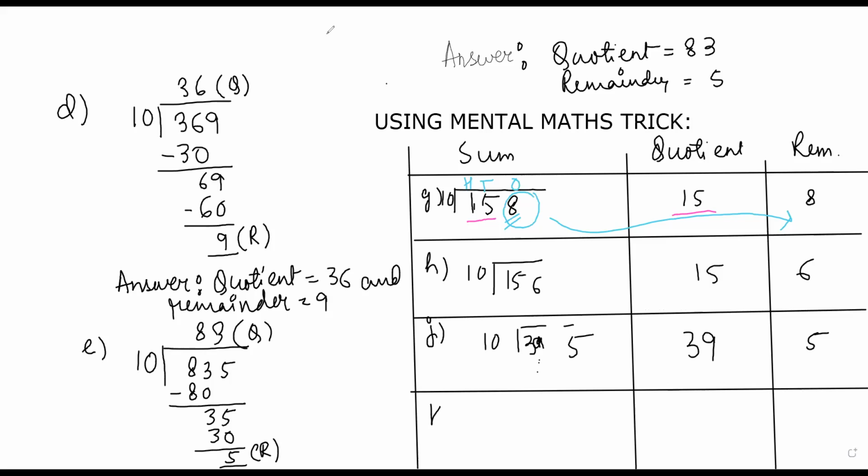And K, here you can see 10 divided by 8780. So here we can write 87 is the quotient and 0 is the remainder, because I told you if it is 0 there will be no remainder, and while we are writing 0 in the remainder, that means there is actually no remainder. I hope that this part you all have understood.